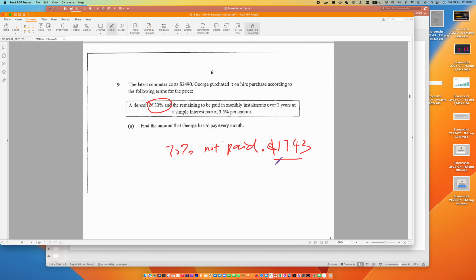You don't look at your work. Your work is wrong already for part A. You look at the question. By the way, when I ask you to redo your question, you don't look at your first attempt answer. Your first attempt answer is wrong. If you look at the wrong stuff, your second attempt will also get affected. Annum is year, right? Yes, annum is year.